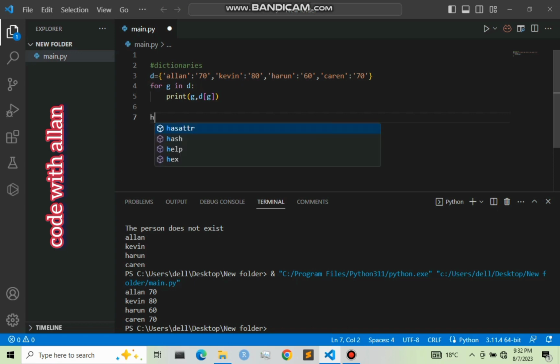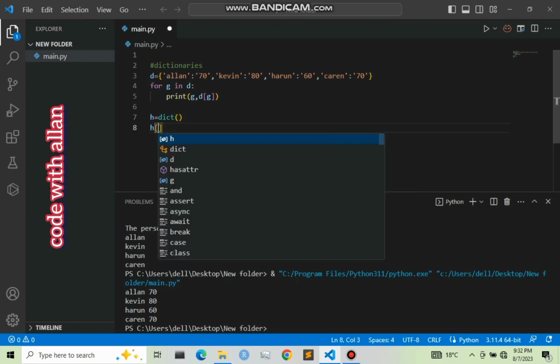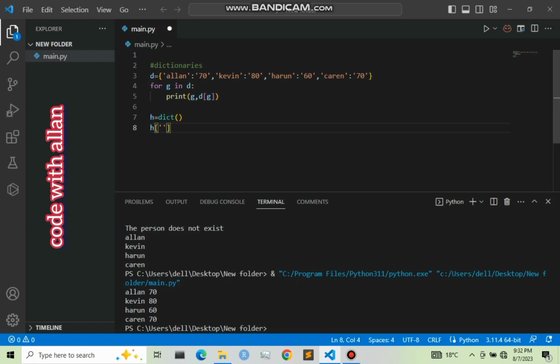let's say, h is equals to the dict function. Then you're going to use h, then you're going to assign variables, let's say ABC. Then you're going to give it 3 figures, that is 1 2 3. Then for h, we're going to assign a second variable, let's say DEF. And we're going to assign 4 5 6. So let us print only the variable names, then later we'll print the variable with the respective